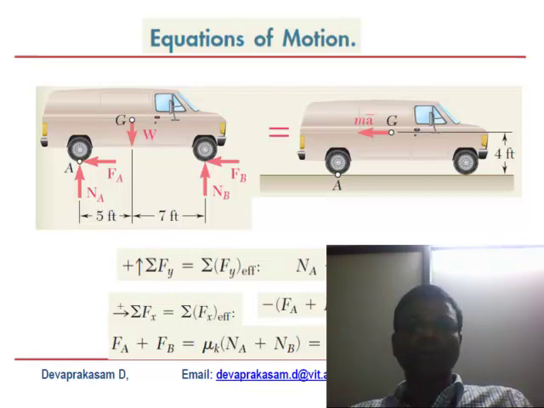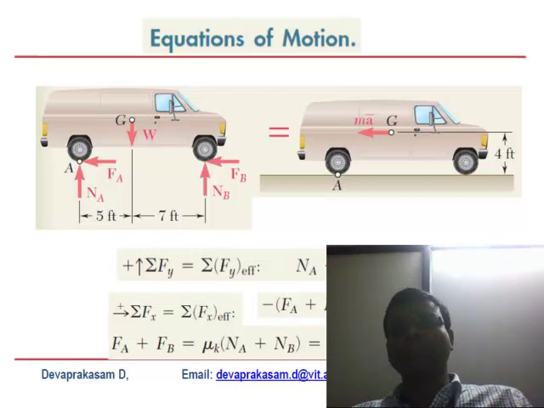Looking into that, the normal reaction at A plus the normal reaction at B minus W. Looking at this direction, the right hand direction, which we use in all the problems, counterclockwise moment is positive, clockwise moment is negative, force upward is positive, downward is negative, right hand side is positive, left hand side is negative,